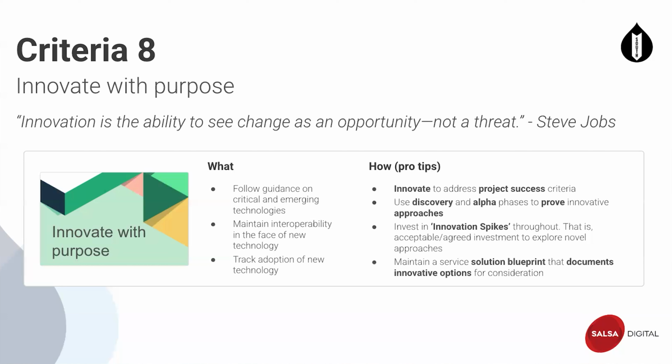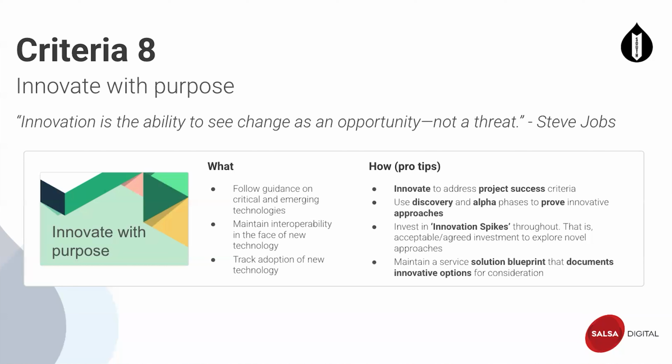But anyway, in terms of trying to control that, map innovation and new technology to a product service success criteria. It'll just provide more focus on what really matters. Prove approaches and the application of new technology. And this can be done in discovery, it can be done in alpha, and it can be done in beta builds and the like.